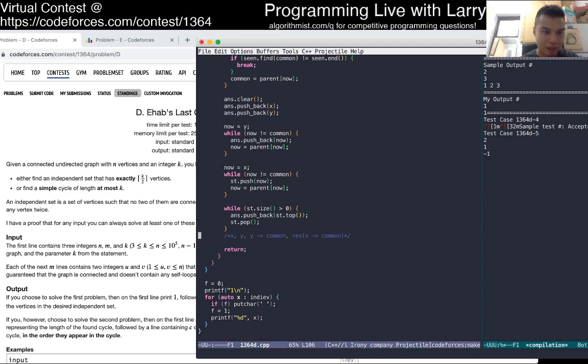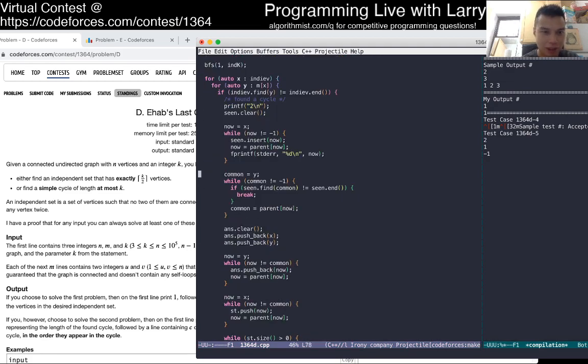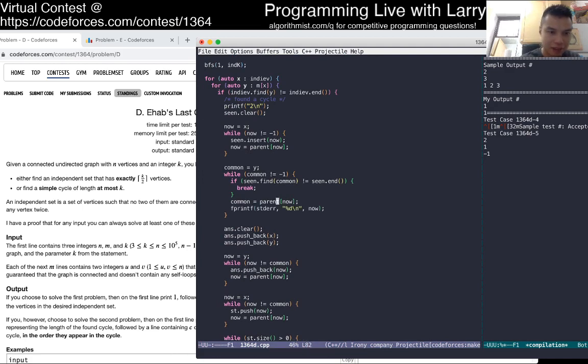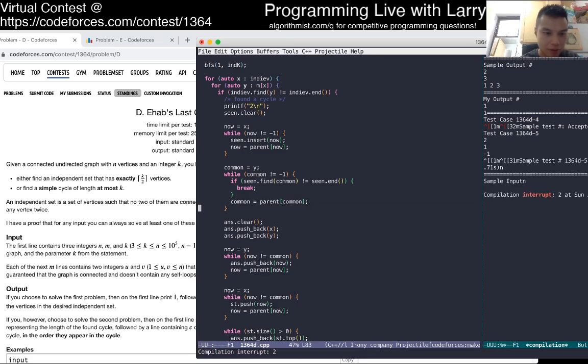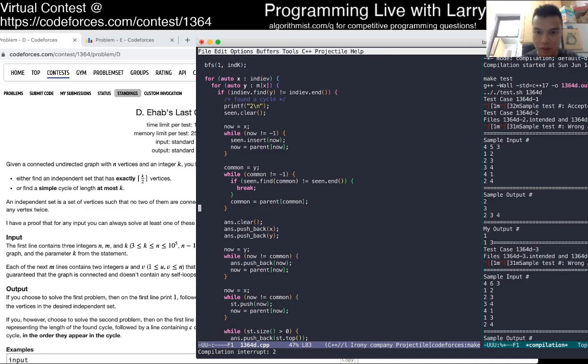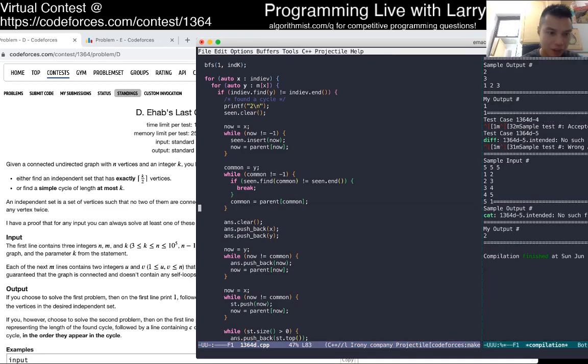Okay, still an infinite loop, but at least it's stopped being here. And also this is because this is common instead of now. Okay, I have to print out the array.